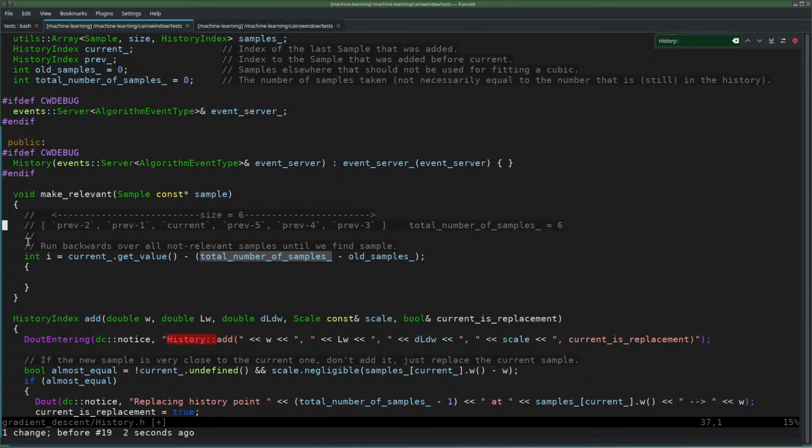Circular buffer. So current keeps overriding stuff, and then so we wrote this one and then that and then that, and then it wrapped to the beginning, and now we're here. Now assume that, well, in this case total number of samples can be anything. I don't know, 10. Let's say all samples equals